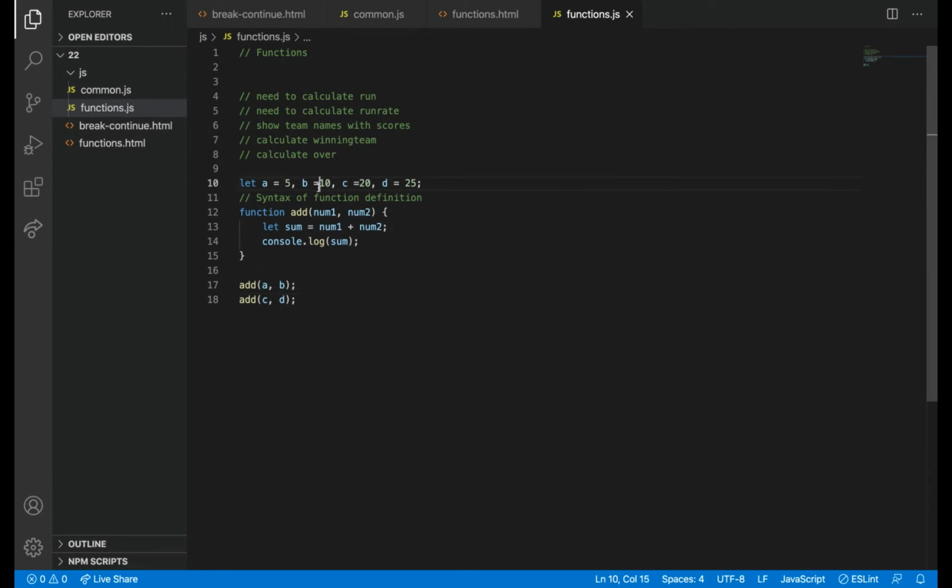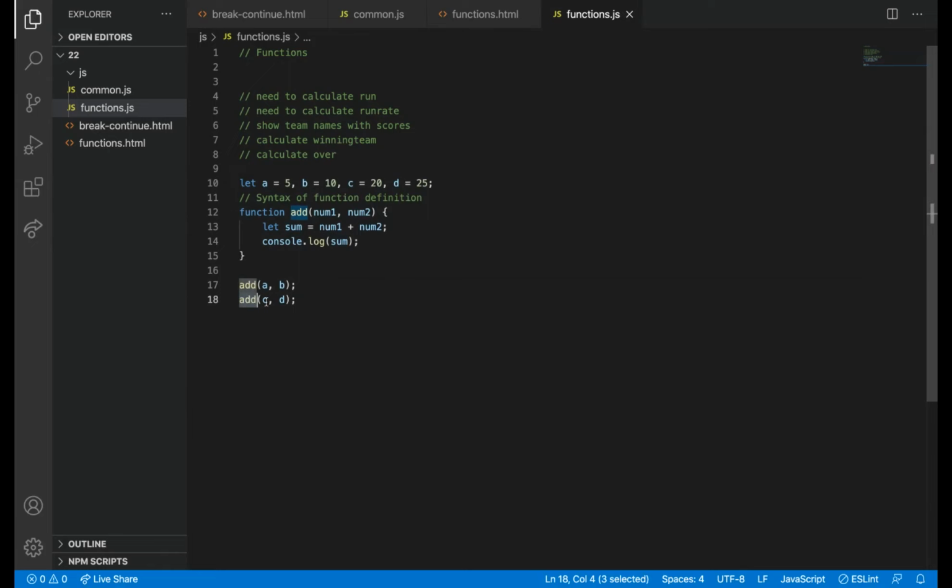How will it execute? A has a value of 5, and B equal to 10. So num1 equal to 5, and num2 will be 10. 5 plus 10 equal to 15. So sum will be 15 in this statement.